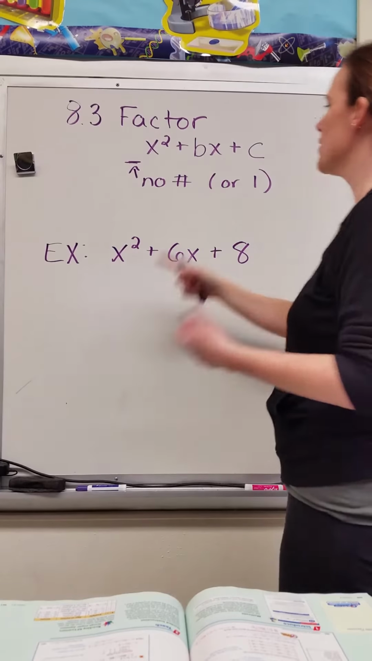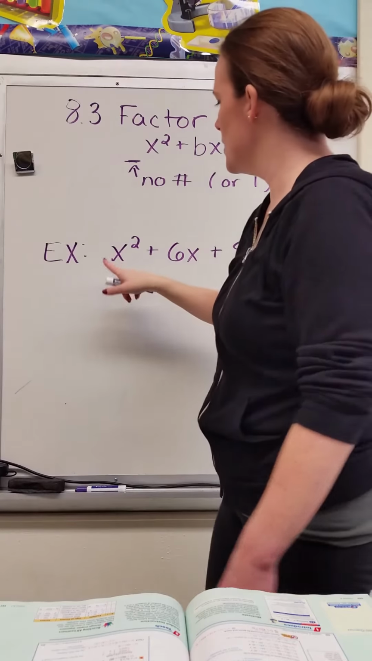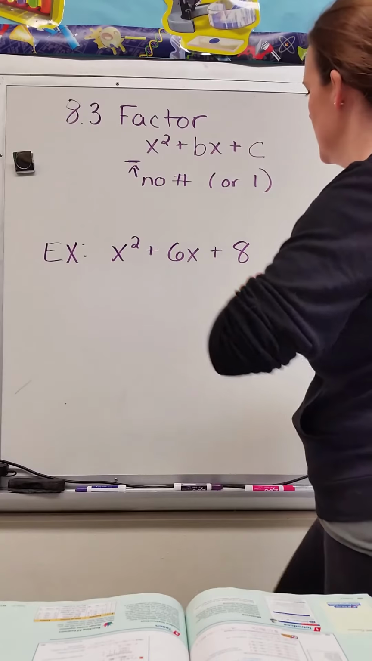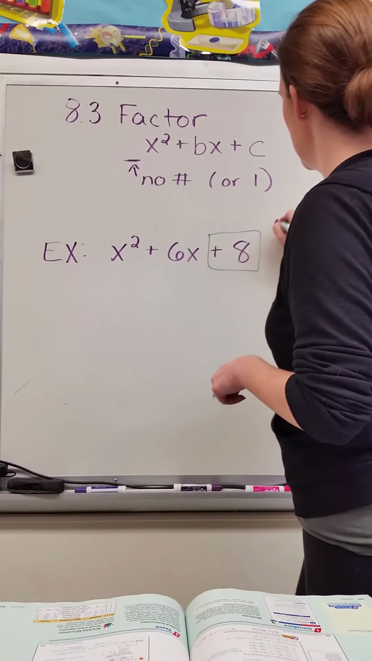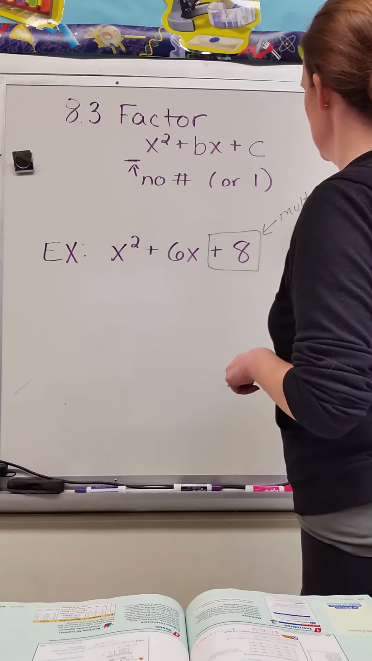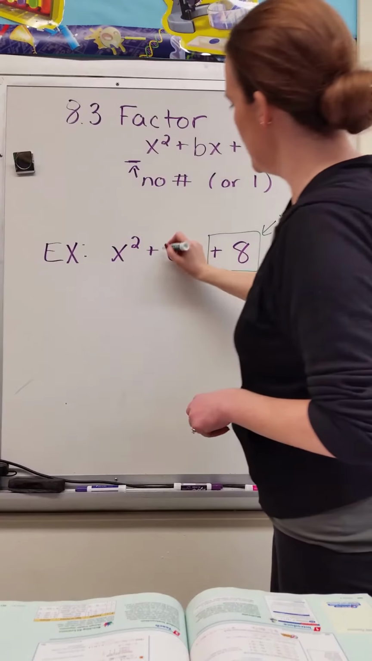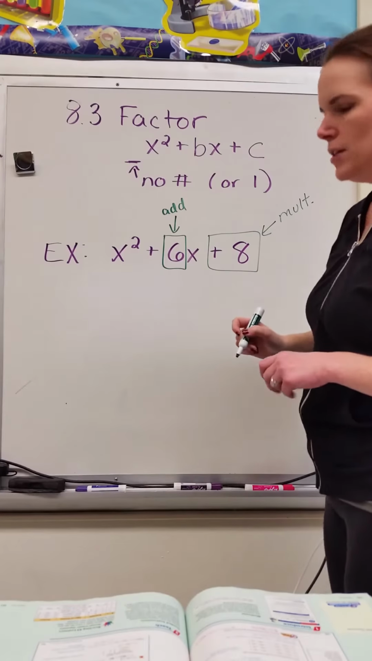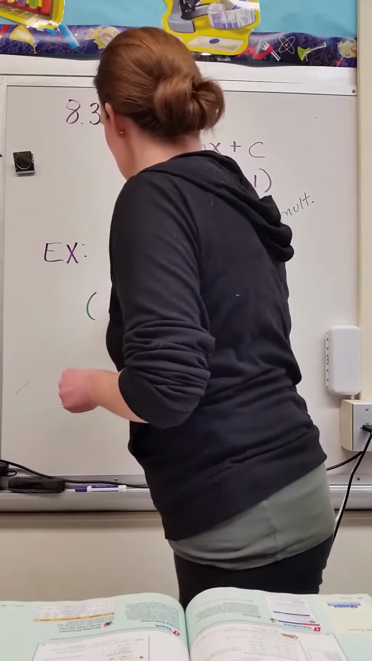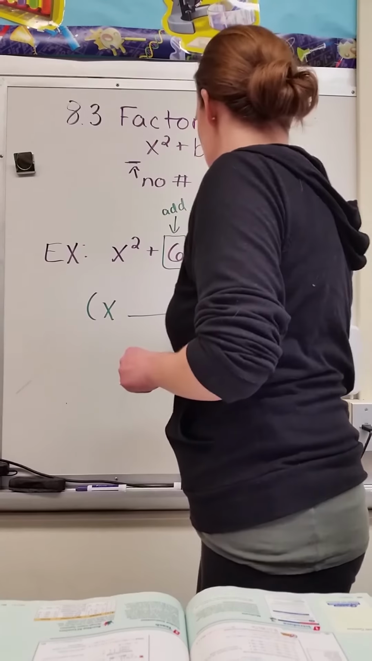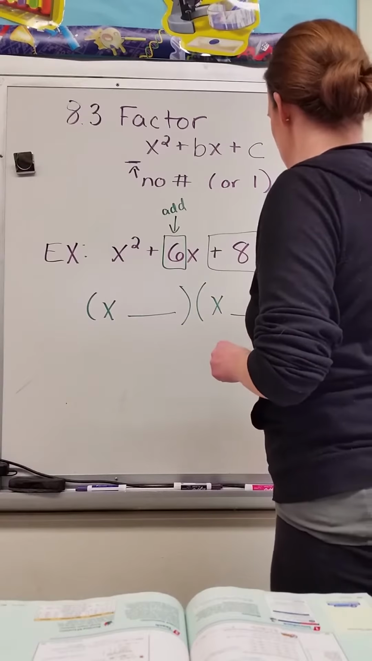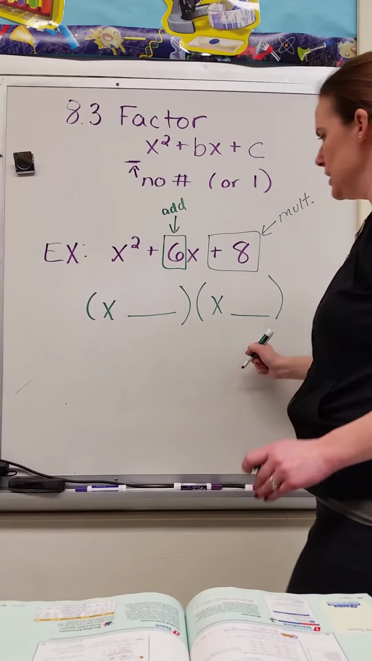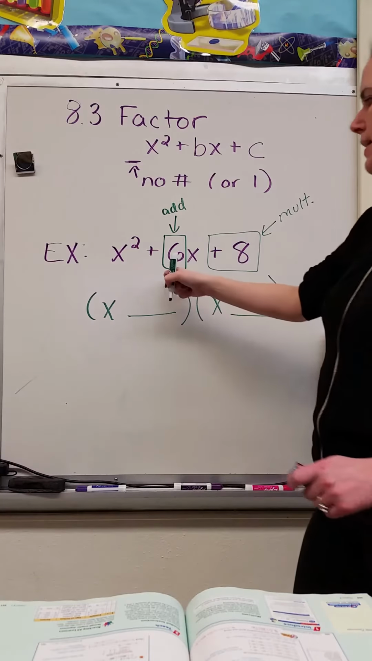So when there's nothing in front here, or you could think of it as a 1, it's pretty easy. You just find numbers that multiply to be this one, and they have to add to be this one. So it's always going to be this form of x and x. And then you're just filling in these blanks with the numbers that multiply to be 8 while also